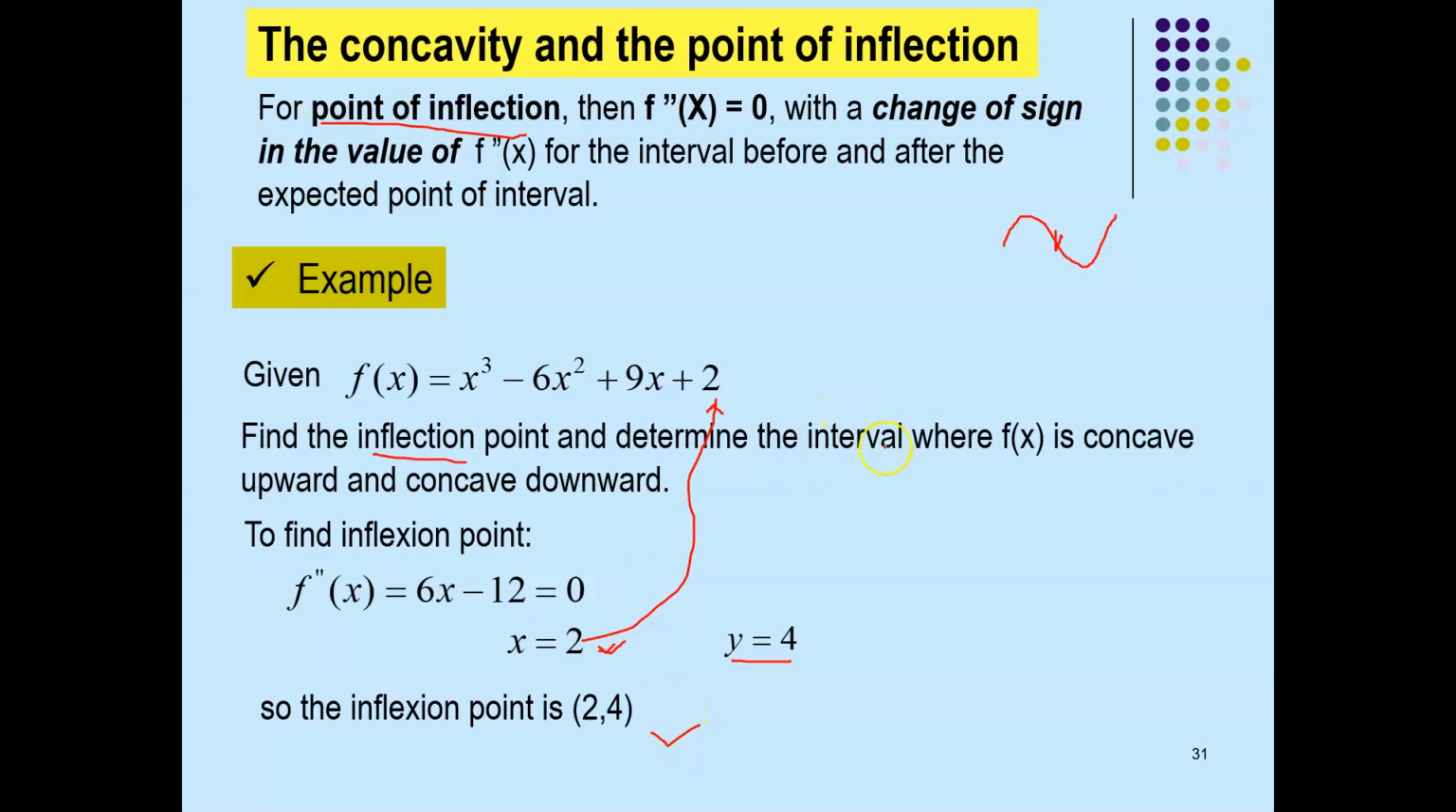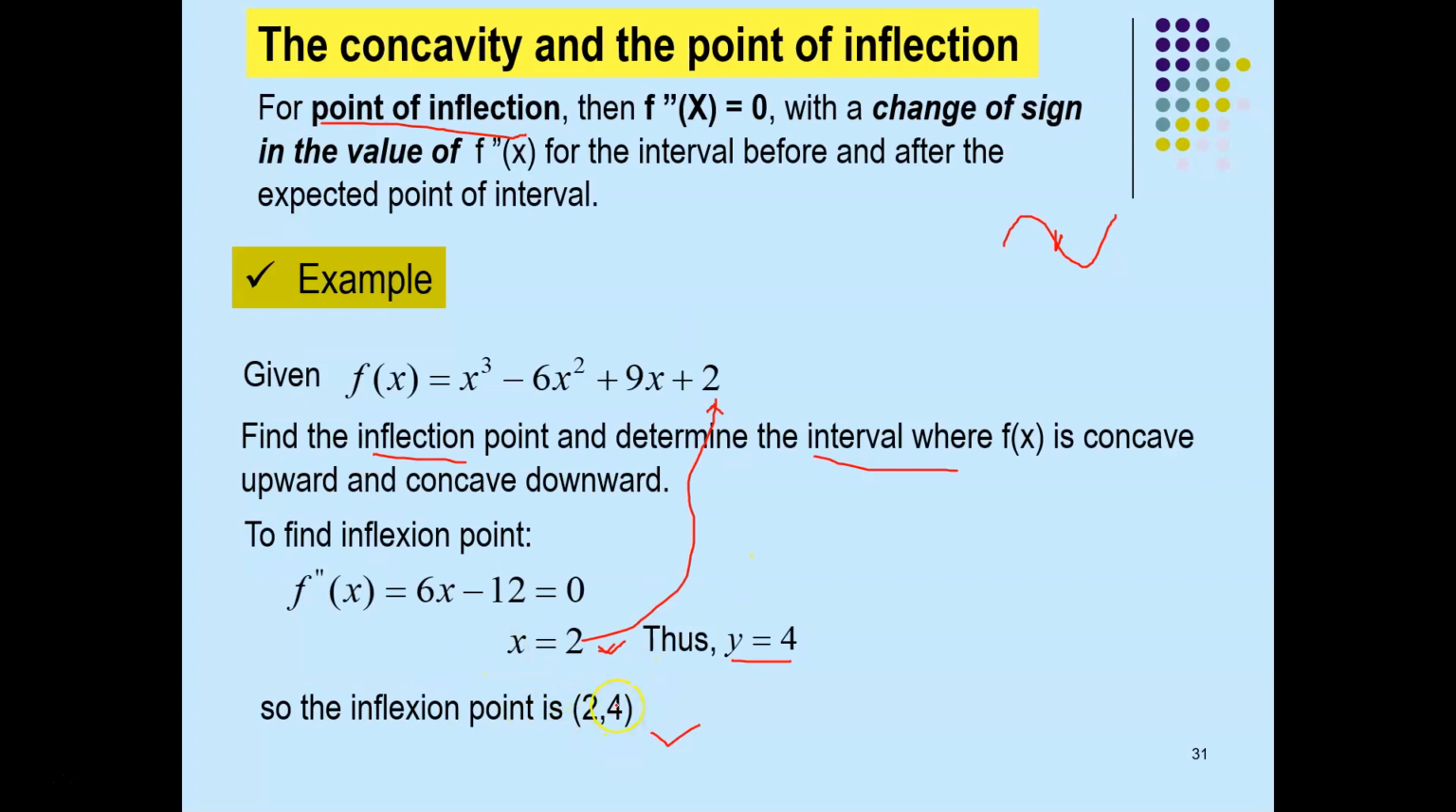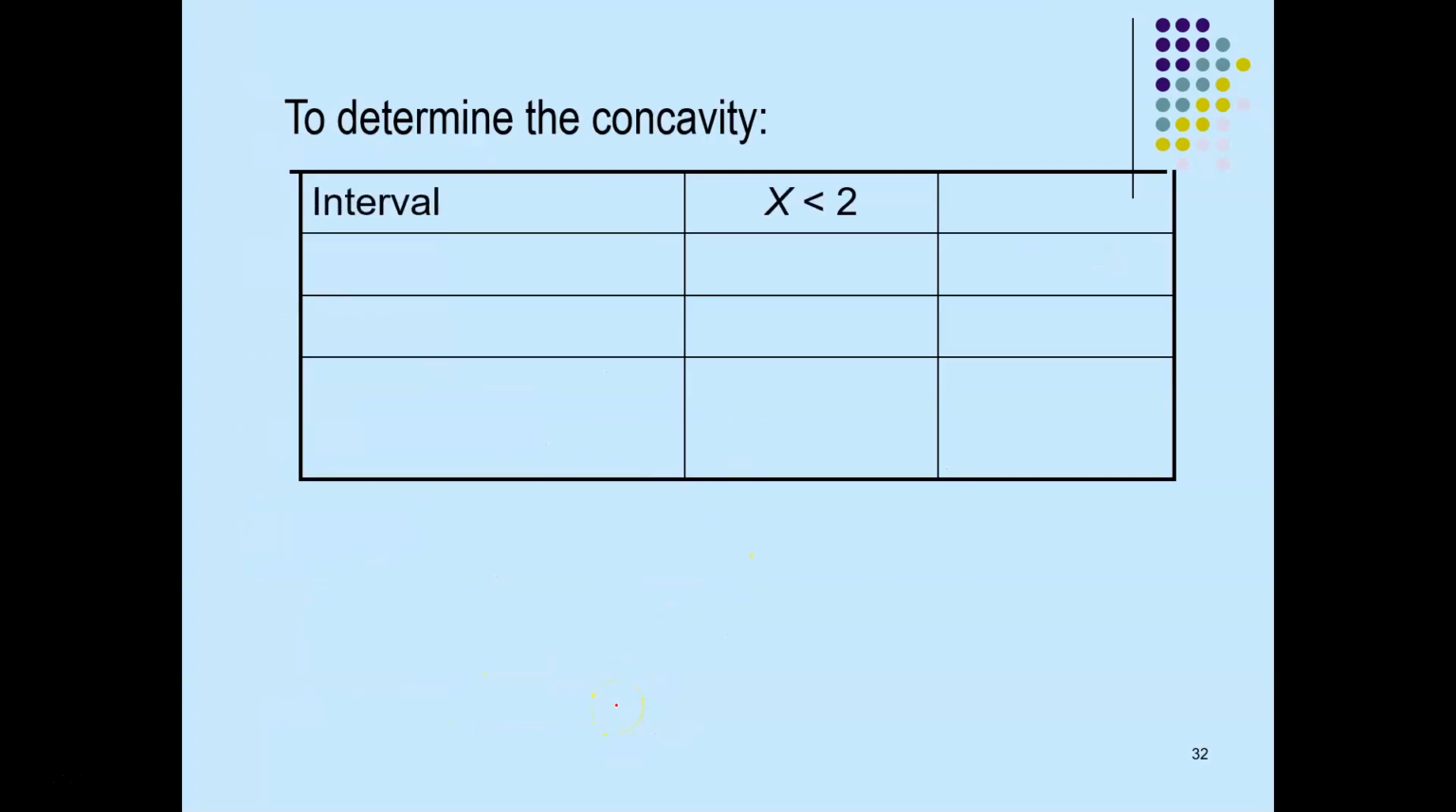But yang susahnya tu, bukan susah, dia remeh sikit, it's a bit tedious. Because you need to find the interval. You see the equation, you need to find the interval where fx is concave upward or concave downward. Yang tu yang leceh. Okay, untuk cari inflection point senang saja macam ni saja. So sama jugalah macam tadi. So you have your point